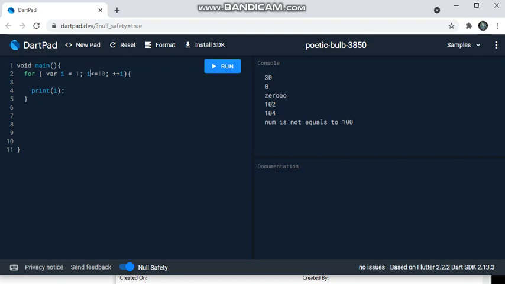So everything is perfect. Now if you run it, you'll get 1 2 3 4 5 6 7 8 9 10, all those numbers here. If you only want to print up to 9, you can simply run it by removing that equals to. So yeah, now we got the values up to 9. So that's how we perform the for loop.